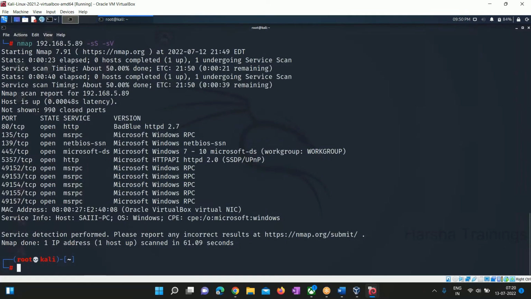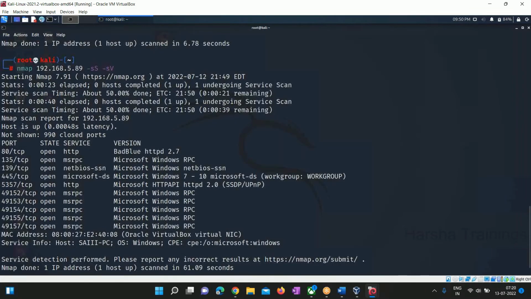Yep. So if you see here, we got the version details as well. We got to know that there is something running with the name of BadBlue HTTPD 2.7, and MSRPC, and there is a port 445 which is SMB. You can see it's telling that, of course, it's a Microsoft Windows, but it could be Windows 7 or Windows 10, and all the other ports are like Windows